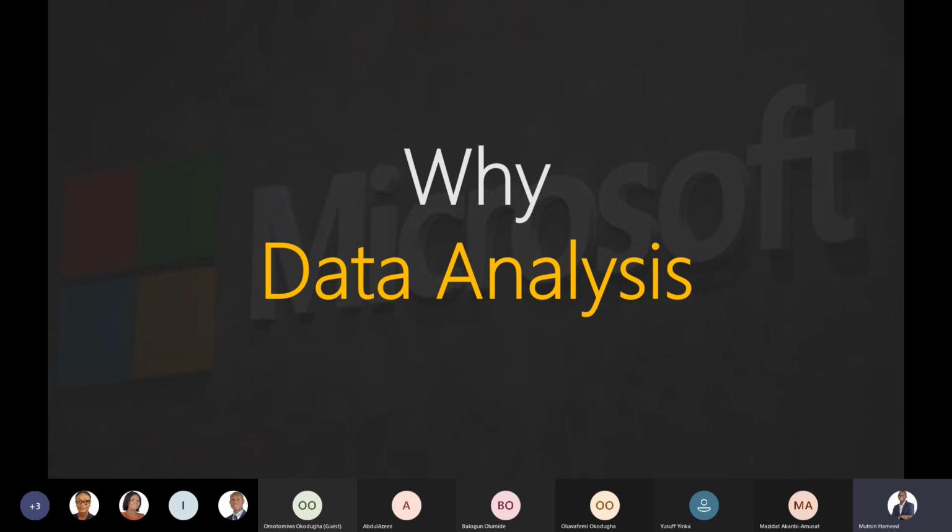But whenever we want to analyze data, we are actually analyzing one of two types of data sets. So it's either we are analyzing data that has to do with what has gone, or our analysis is about what is to come. Those are the two ways. So it's either we are analyzing the past or we want to analyze the future.